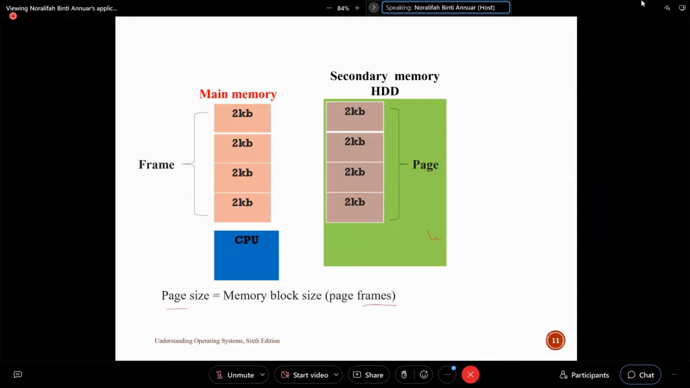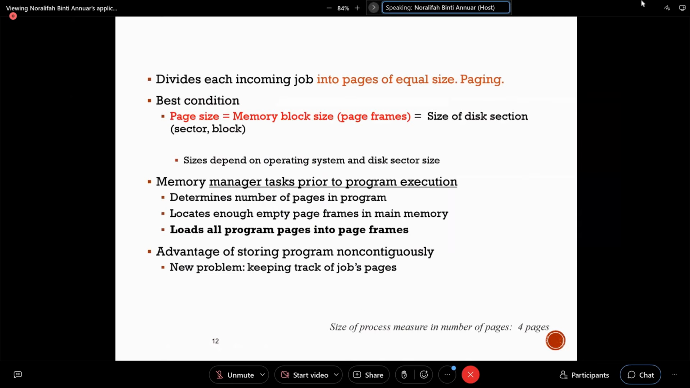Okay, kalau tengok gambar ni memang senang nak faham lah guys, and also if you watch the videos, it's easier to understand. Okay, divide the incoming job. The keyword as I said is the equal size. Dia mesti equal. Page, buku, ingat buku je. Okay, memory manager task prior to program execution. Sebelum you kena execute the program,